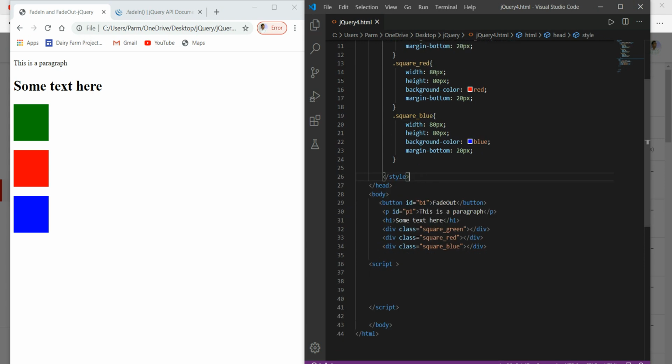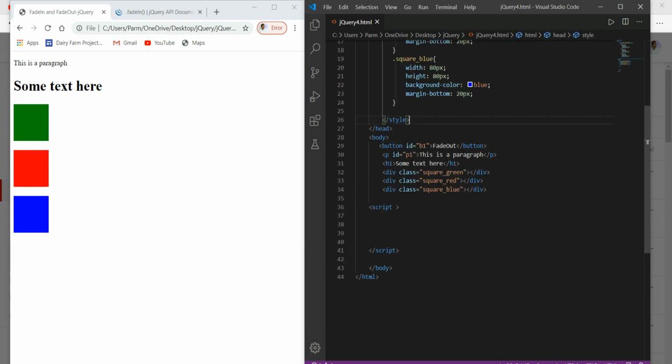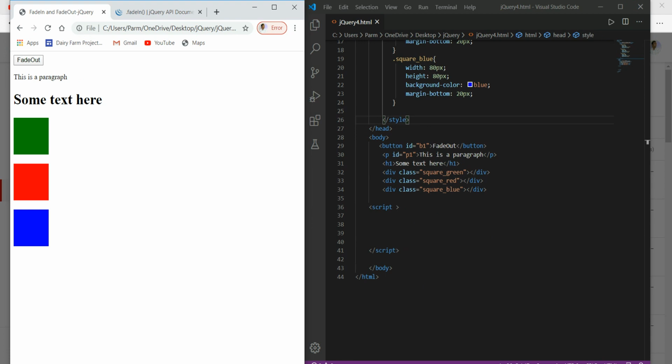Control S. So refresh it over here, the button appears. If I click there, nothing is going to happen. I just want this whole part to disappear if I click on this button.